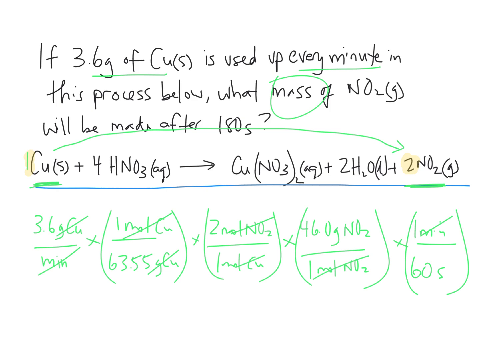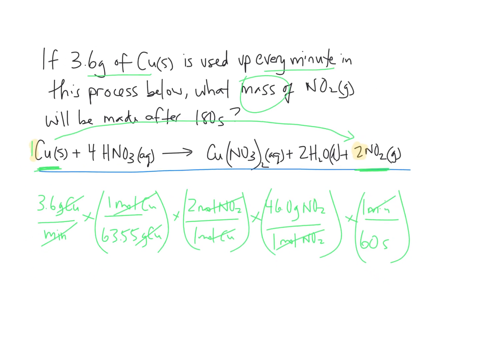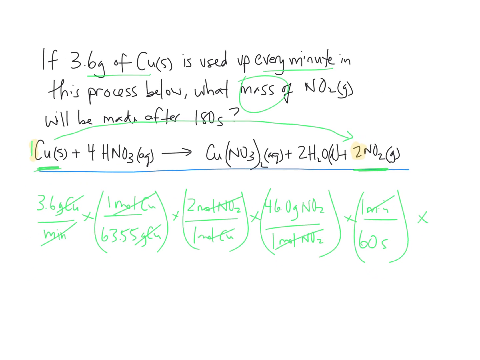Now we have it in grams of NO2 per second, and if we just take that value and multiply it by 180, then we'll have how much is produced in 180 seconds, right? The actual mass. So we'll get our final mass after 180 seconds. If you do all the math, punch that into your calculator, you're going to get